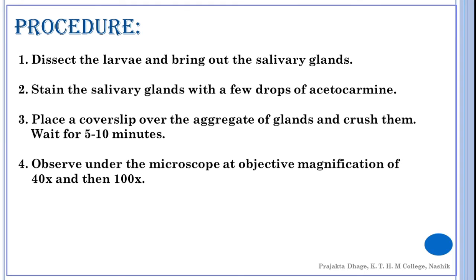Okay. Now the second step is going to be adding the acetocarmine. Now if you have enough amount of material, separate it into 1 or 2 glands per region to make 3 regions on the slide. Carefully place a drop of acetocarmine, or you can also use aceto-orcein stain for that matter, on each of the regions. Wait for some time and proceed to the next step.